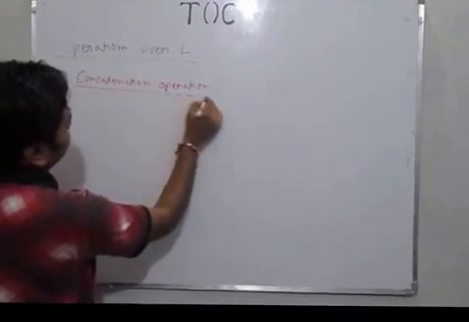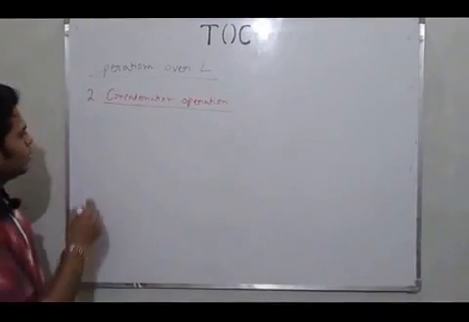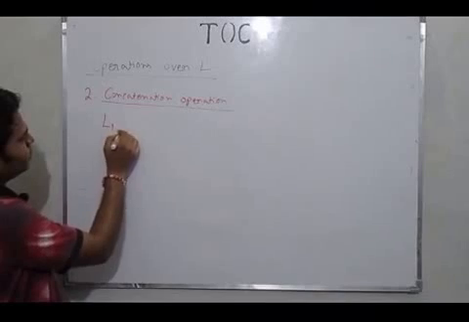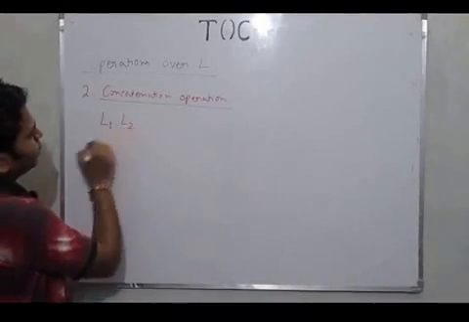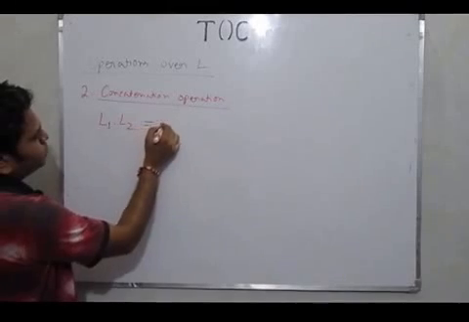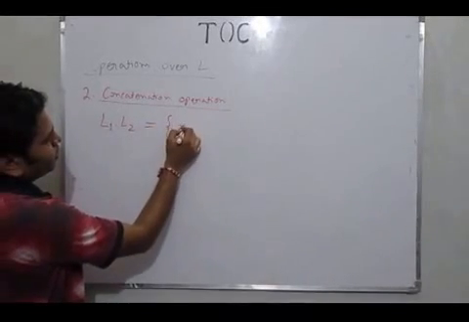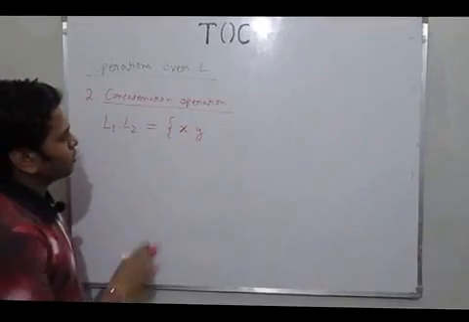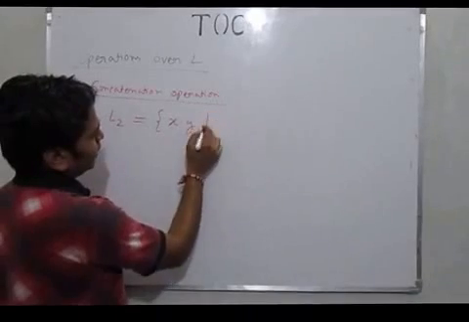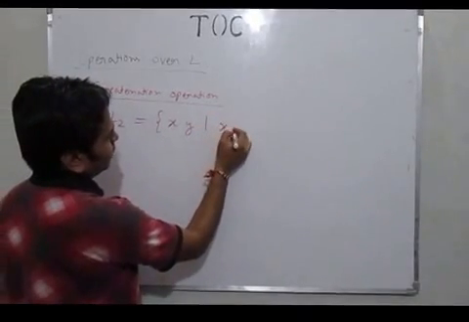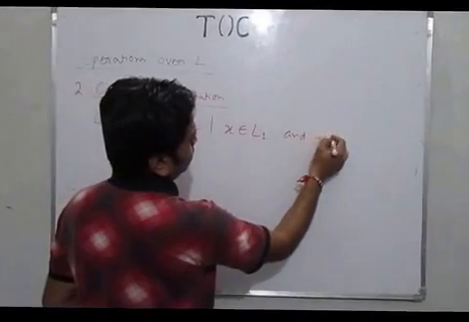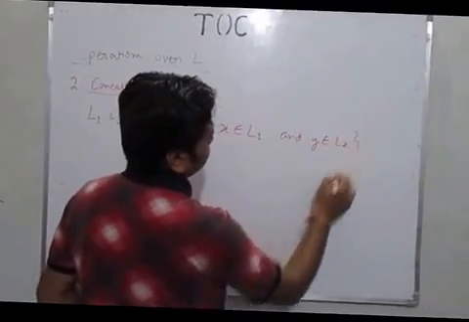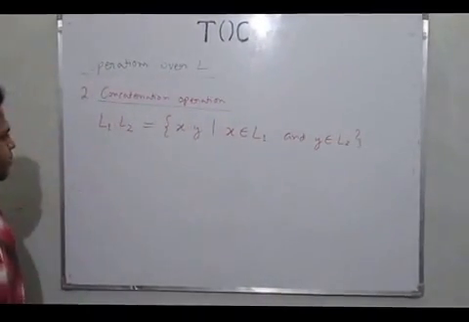So I have two languages, L1, and I want to concatenate it with another language, L2. Then what would I obtain? I would obtain a string xy, where x belongs to L1 and y belongs to L2. Fine. For example,